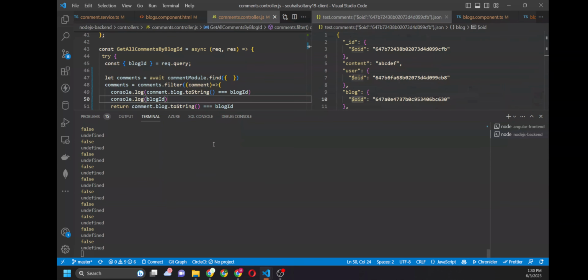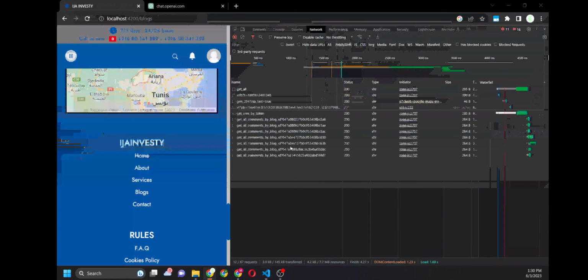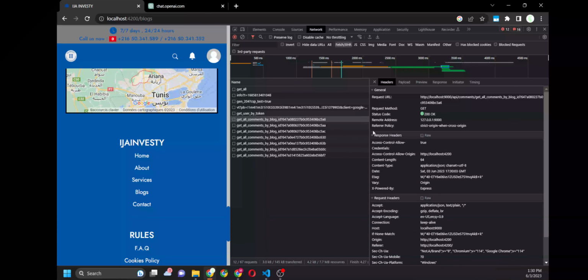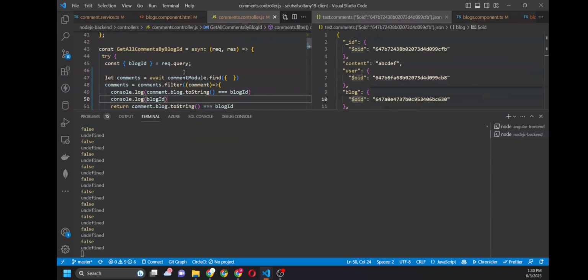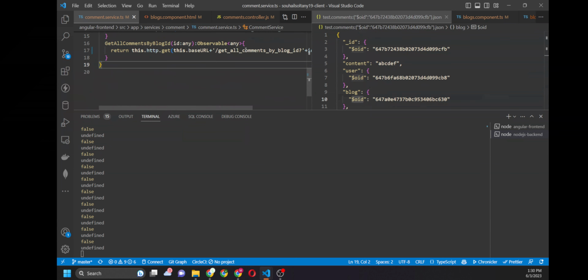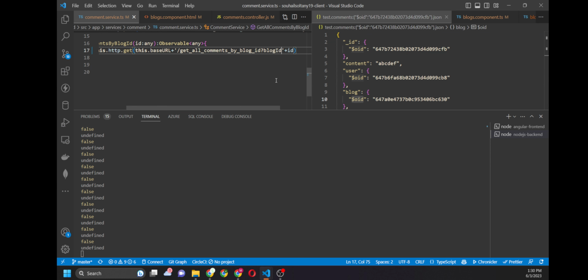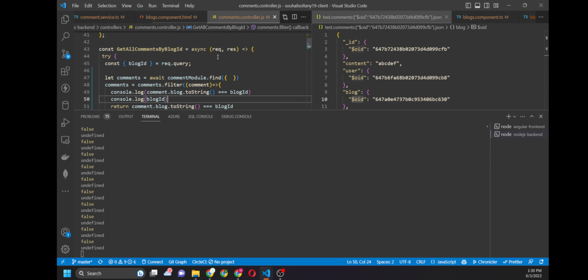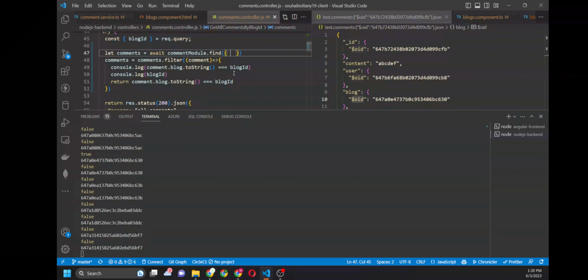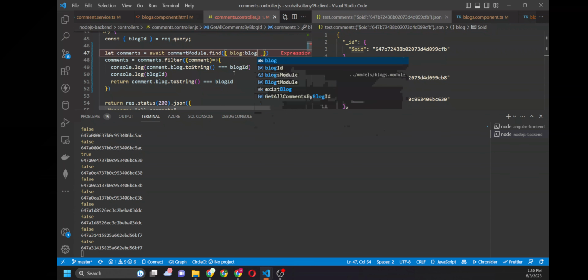so that was my main issue. The blog ID is undefined, so I may not be sending it in properly. Right, I have to send the blog ID using query params. So in my comment service, I need to say that here. So I say blog ID equals plus ID. Now back in my controller, I should be able to filter again. Say blog ID